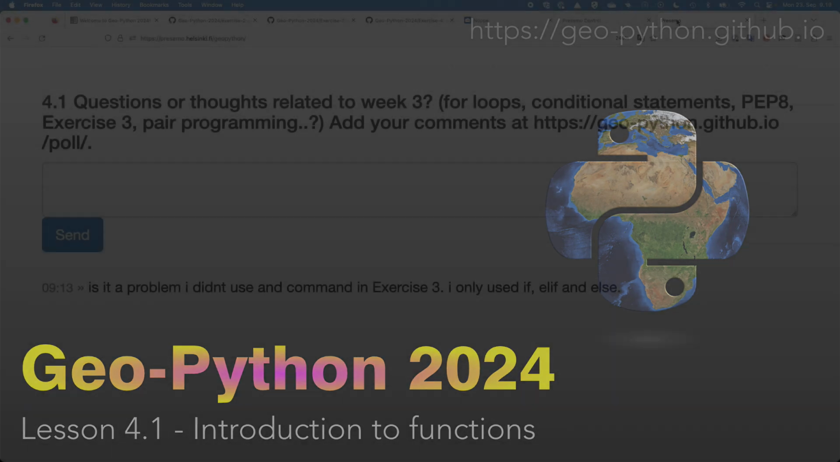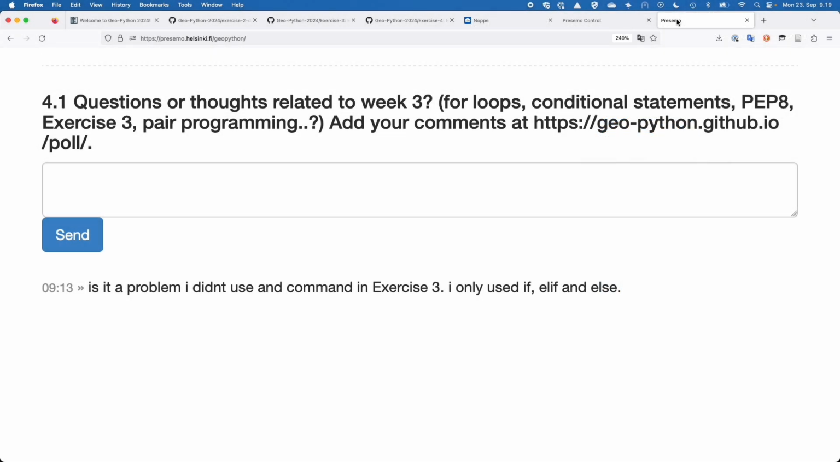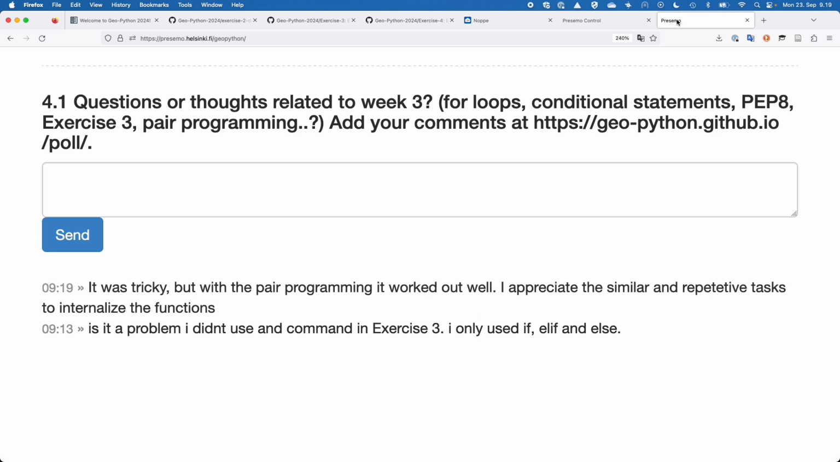Okay, well, I guess we can get started here. It seems there's only one bit of feedback in the comments about how things went during week number 3, but you can feel free to add something there still while we're getting started. And yeah, we'll continue this week talking about functions, so that'll be our main topic for today,